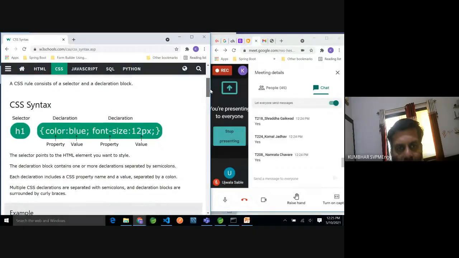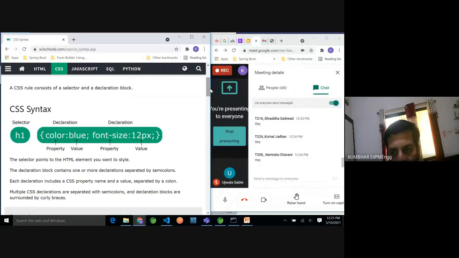Are you able to see this screen of W3Schools? Yes, sir. Okay, so understand before going in deep, for applying a CSS rule, it contains 2 parts: selector and declaration block. In this example, H1 is the selector, meaning which HTML element we are selecting, and the second block is what style we are actually going to apply.